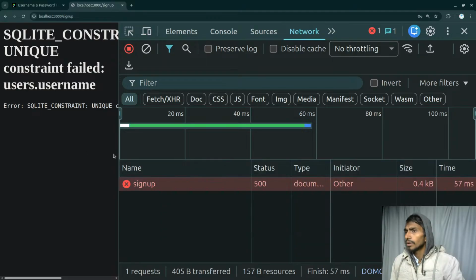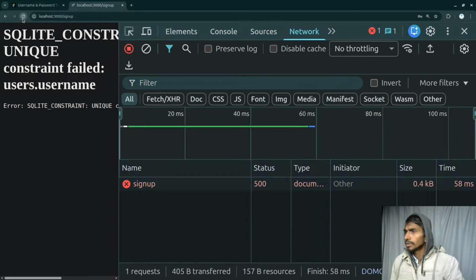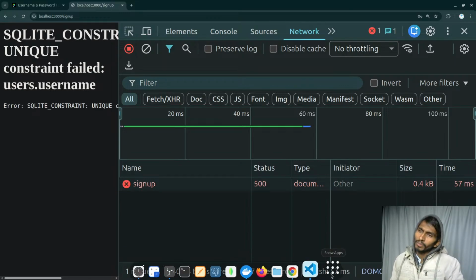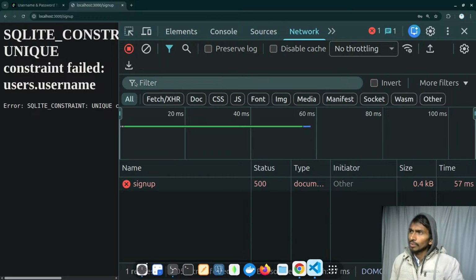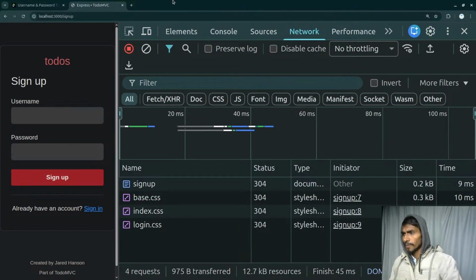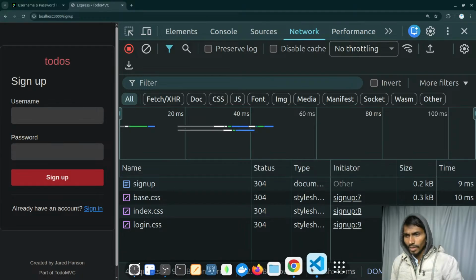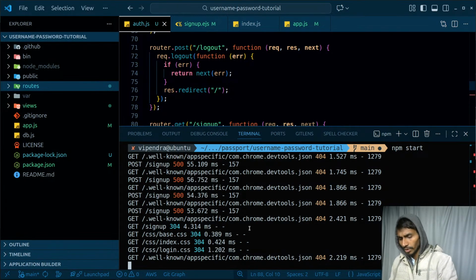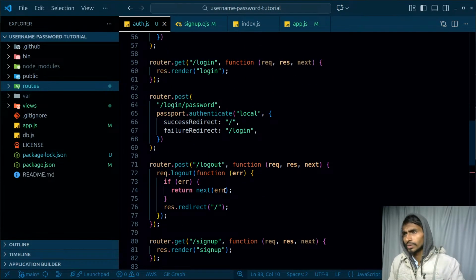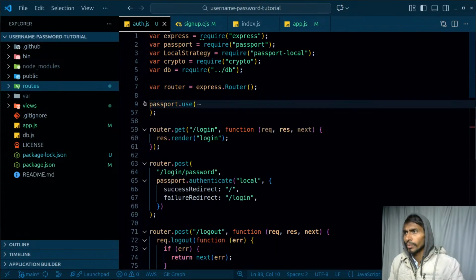That's fine. What is the next thing that I can do? Reload the page. Not getting that. The data has already been sent, and then I'm getting this particular error. Sign up. Okay. In that case, what can I do? First of all, is the database connected? I'm not even sure about this one. And how is the data getting saved in the database? That is something I need to keep in mind.